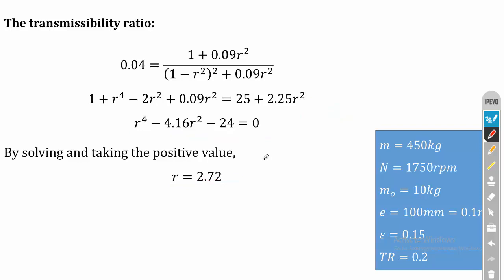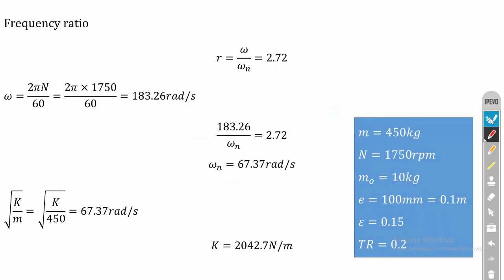So now I have calculated the value of R, that is frequency ratio, and we know that R is equal to omega by omega n, and here omega is the forced frequency and omega n is the natural frequency. So here in the problem they have given the speed. So by using the speed we can calculate the forced frequency, that is omega is equal to 2 pi N divided by 60. Omega is equal to 183.26 radian per second. So once we calculate the natural frequency, then from the natural frequency we can calculate the stiffness of the